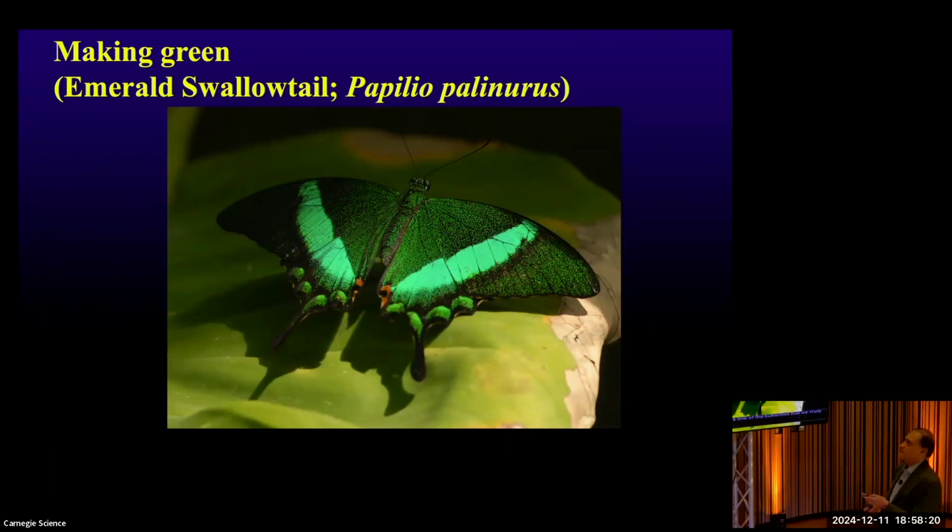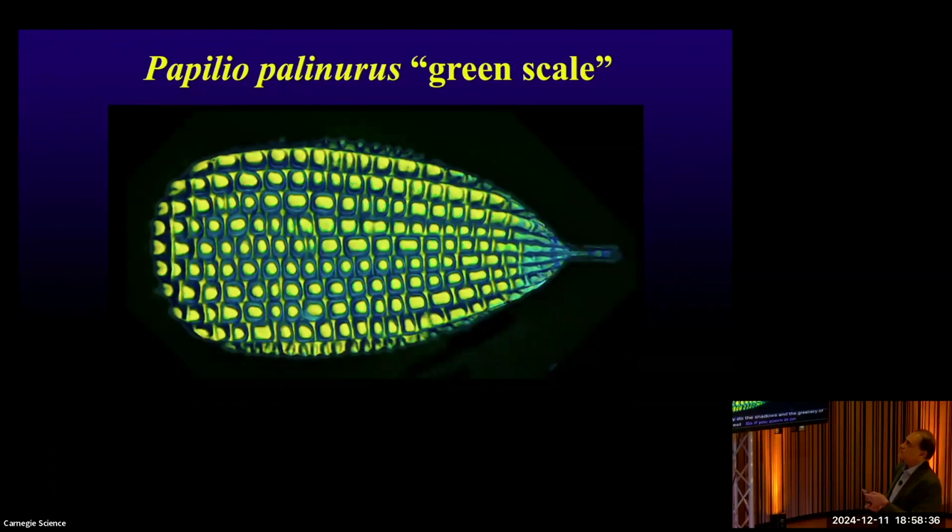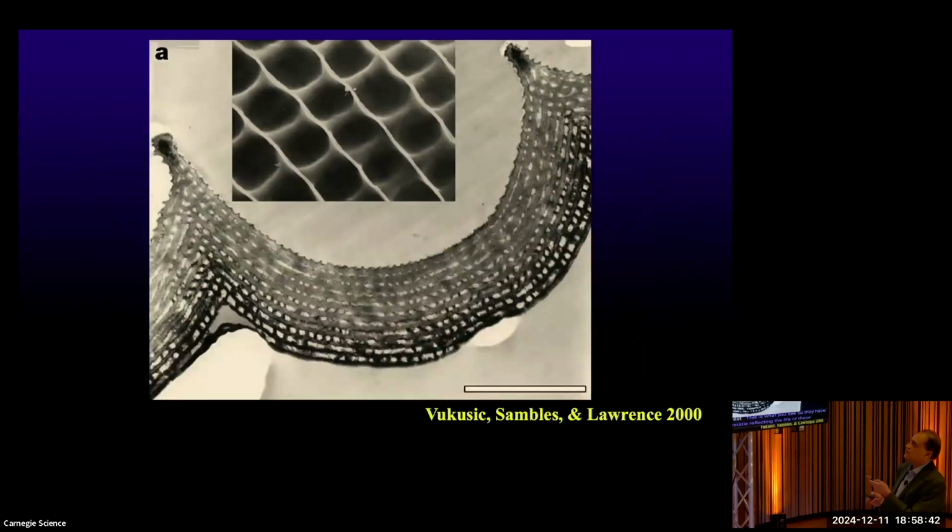It's called Papilio palinurus, or the emerald swallowtail. It lives in the Philippines. It actually does sit like this with its wings open. And so that green and black color blends in very nicely to the shadows and the greenery of the vegetation in the rainforest. So if you zoom in on one of their scales, this is what you see. So they have these little dimples on them that are reflecting the light. These dimples are curved, and they're a multi-layer of chitin and air. So they're repeating those layers, but they have this particular geometry.